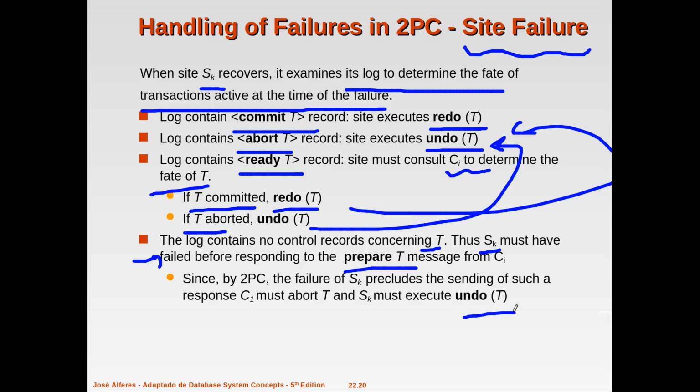So now it is assumed that, because that site is also part of the transaction and that is not being performed, whatever be the situation, it should go for an undo operation, and accordingly the transaction might have aborted. So that was the handling of failure due to site failure, and when the site recovers, what are the different references being made on the different logs and the corresponding action being taken as required.